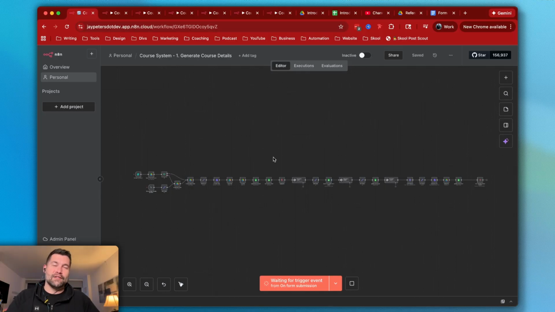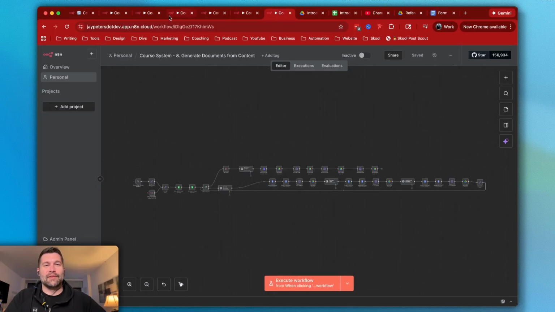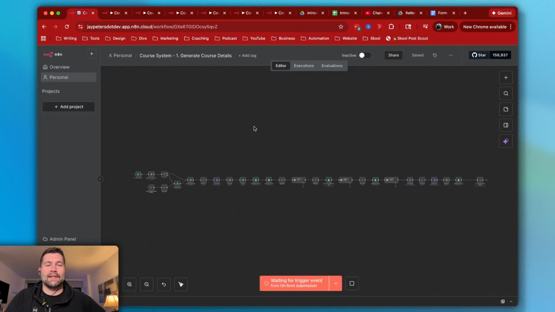n8n is a great platform for automation. It is really handy where you want to hook up multiple apps into a flow like this. But when you get into 7, 8 flows in a row, doing some really complicated stuff like this, it starts to crack a little bit. If you go back and watch some of the live streams, you can probably see a bit of visible frustration. My engineering brain was having a hard time with it,